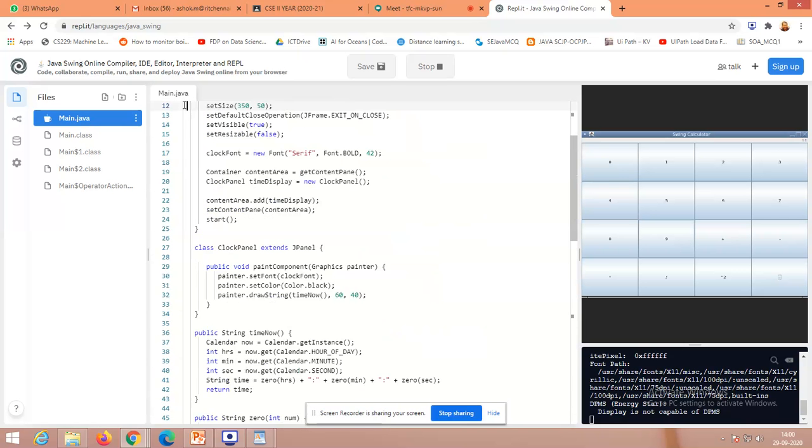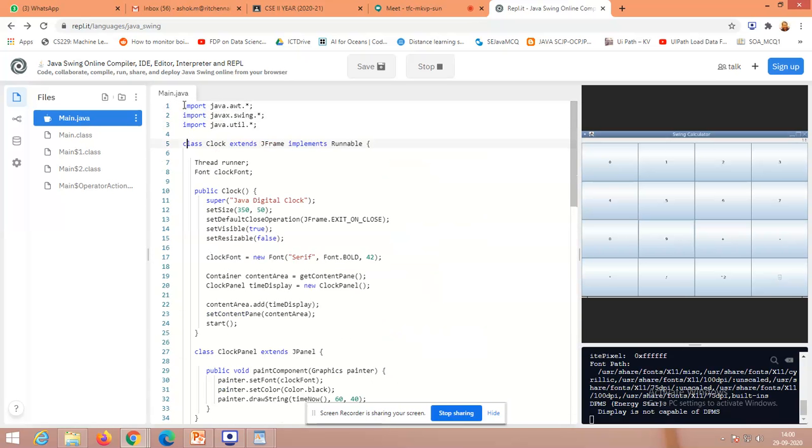So you have pasted here, and class name is clock, but the file name is main. That is the reason why I'm replacing clock with main. Okay, because it will execute those things only. Main, where we have clock again. Here we have clock. So replace it with main. Do I have clock somewhere else?